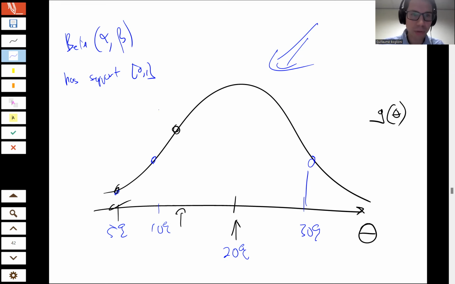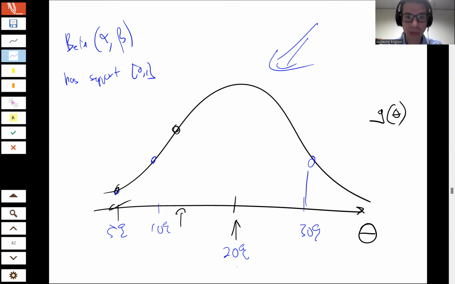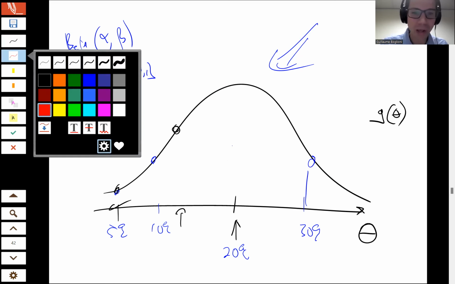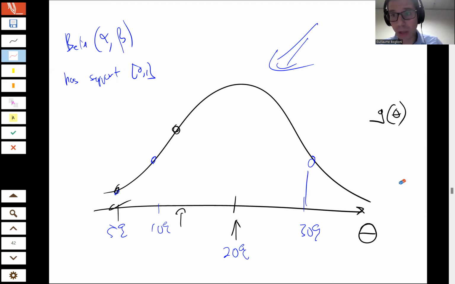Okay, so you alter alpha and beta, you can keep the mean at 20%, but you can play around with the variance, if your prior is more or less strong. If Josephine is very convinced that 20% is the right value, then she would have a prior that doesn't have a big variance because she's quite convinced that it's 20%. But if she's really very uncertain about this 20% thing, then she might pick one that has a bigger variance around what she thinks is the true value, 20%. So she can play around with the values of the parameters of the beta, which is our prior.